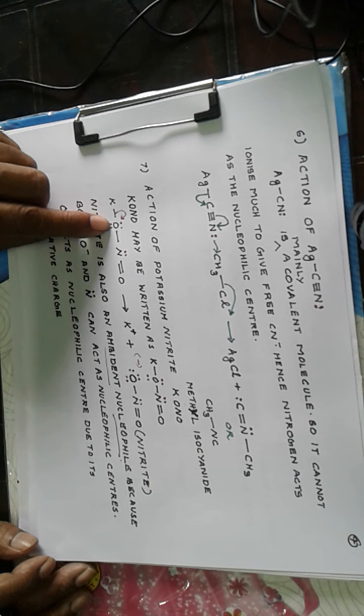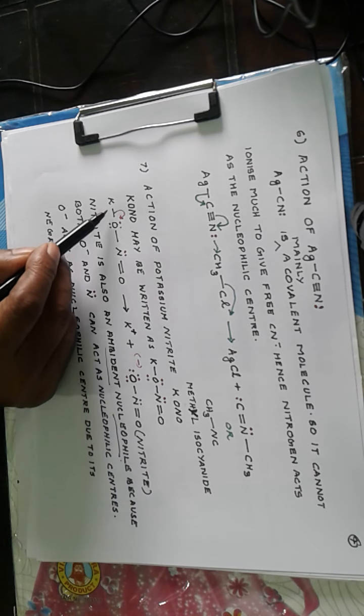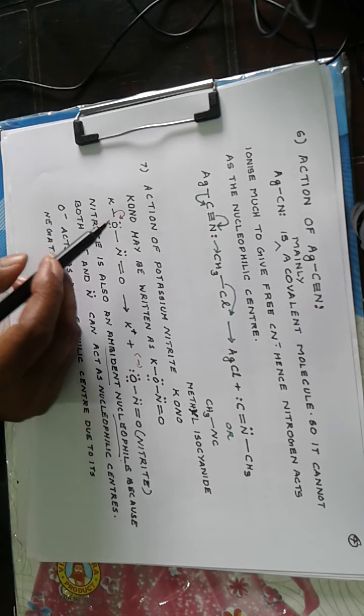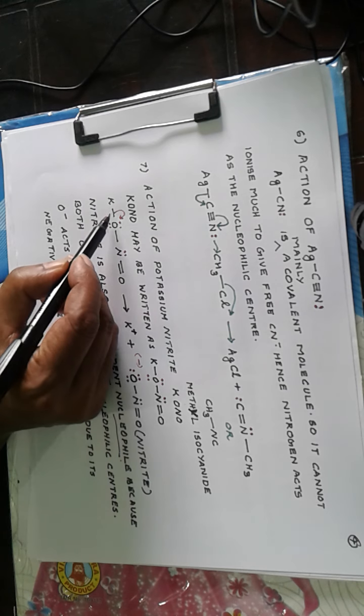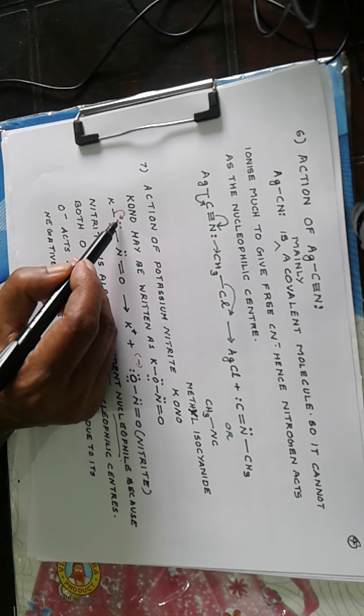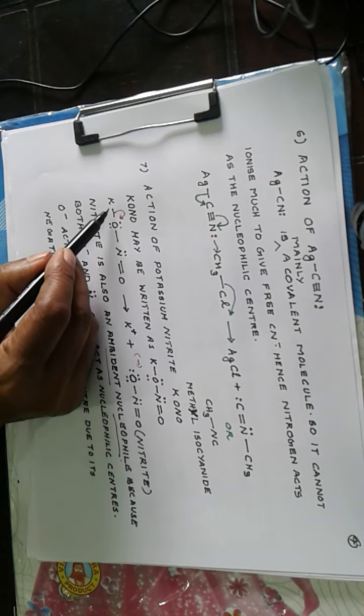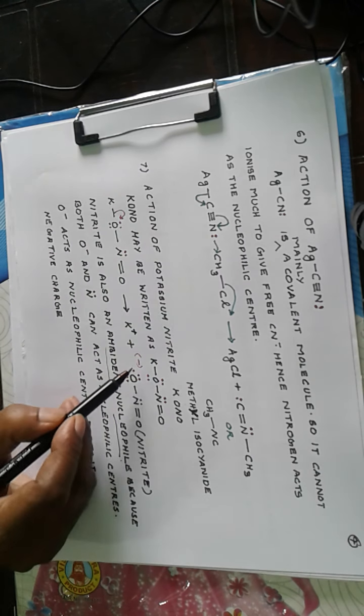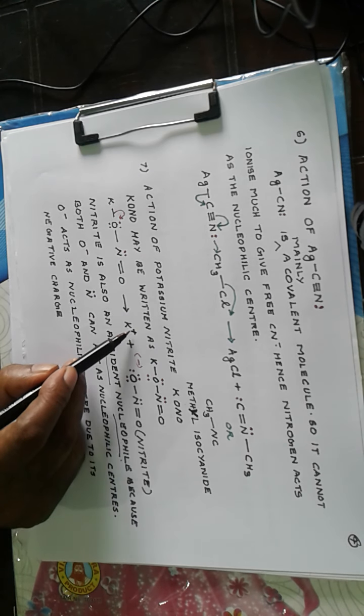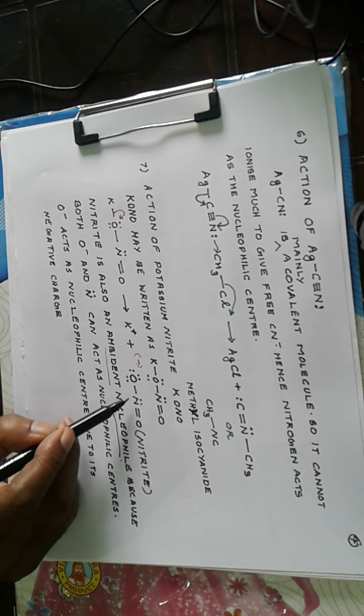Now potassium nitrite is an ionic substance. Here it is shown by a covalent bond. It is wrong, but to understand the reaction, it is written so. Now when this pair of electrons goes entirely into the orbital of oxygen, a lone pair will be formed over oxygen, and oxygen gets the share of potassium's electron, so that it gets a negative charge, and potassium is left with a positive charge. And we have the nitrite ion here.